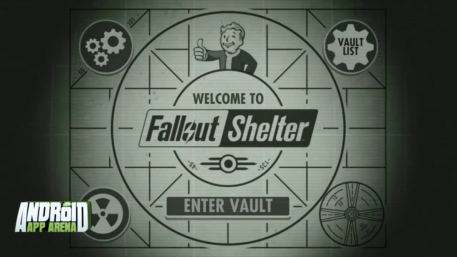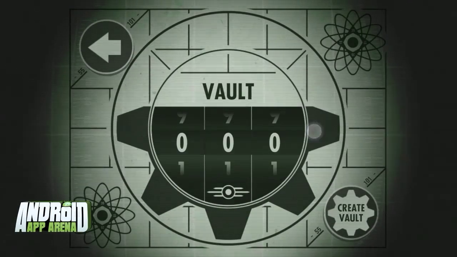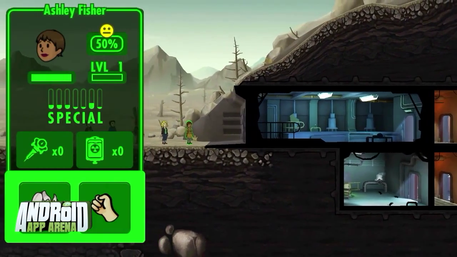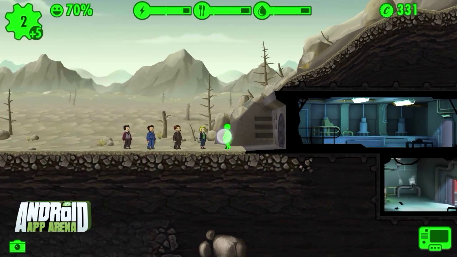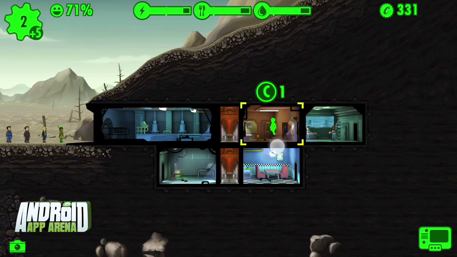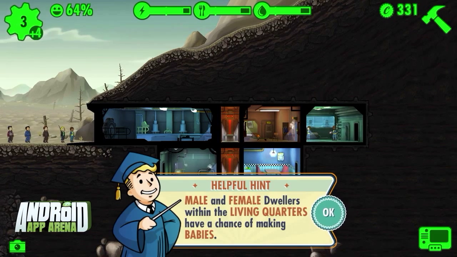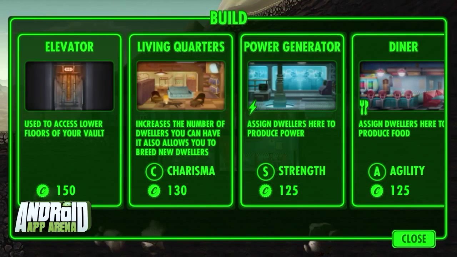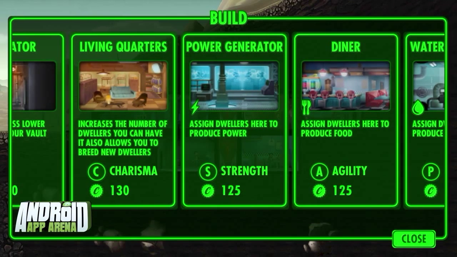You play God as you manage the creation of multiple vaults as an escape from the post-apocalyptic world that exists outside the Fallout doors. People will flock to the doors of the shelter in the hopes that they can enter and live their lives safely. Now, once inside, it's up to you to put them to work in the ways that match their characteristics best. The Fallout Shelter only thrives if the essentials are covered: water, food, and energy. Those all require skilled workers to produce effectively, and it's up to you to figure out who's best for where.